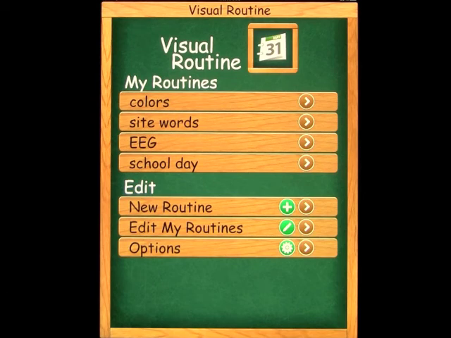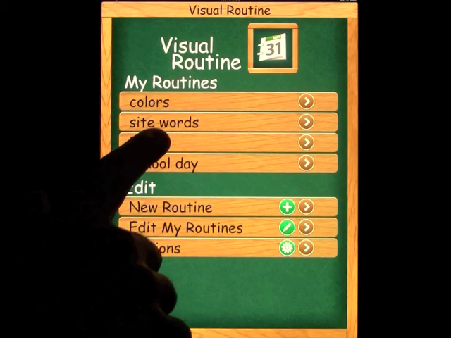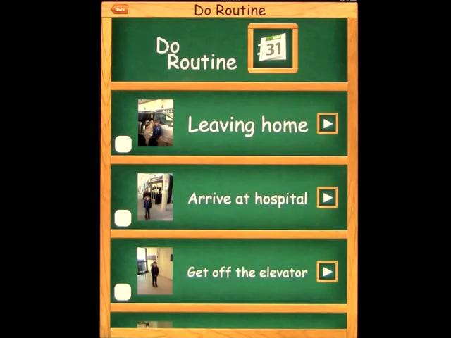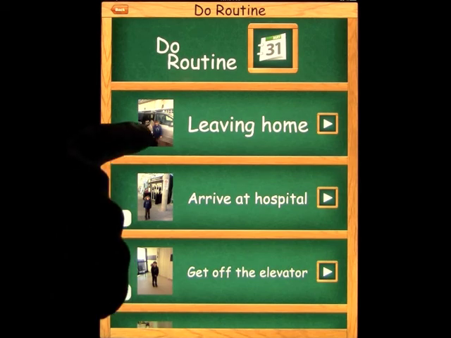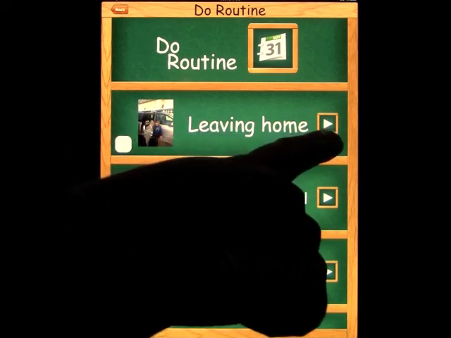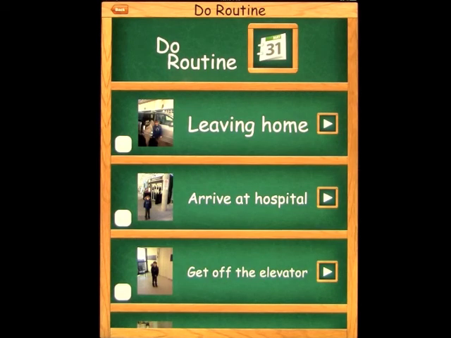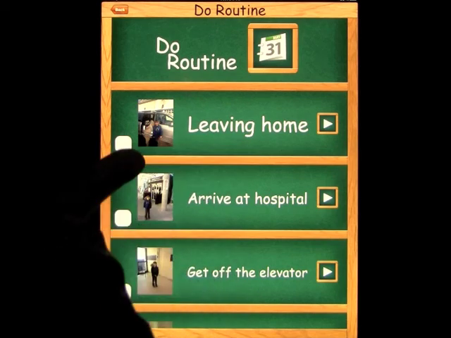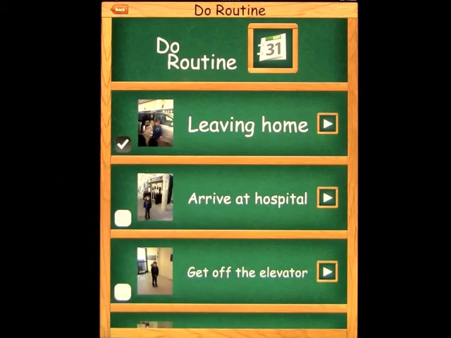The options that you have, if I open up one of these for you, and I created this routine for Benjamin when he goes to have his EEG, you can incorporate a photograph, text, and voice. So rather than just having a picture and maybe some writing, you can reinforce that with either the child's voice or your own voice. And as you go through a routine, you simply click the check mark